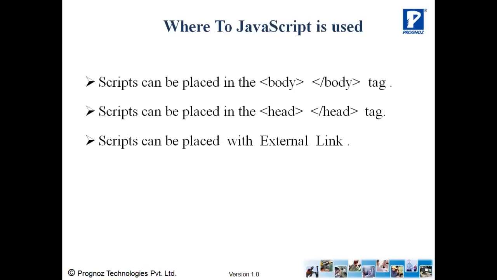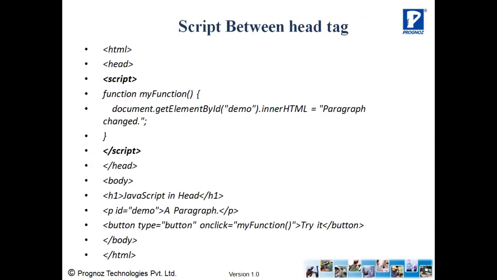Now first we have to start with the concept of where and how JavaScript is used, means the basic structure of a JavaScript program. And then we will start with the small things of JavaScript, like its variables, functions, objects, and validation. So to start with, first, the basic structure of JavaScript. So let's start with the example now.